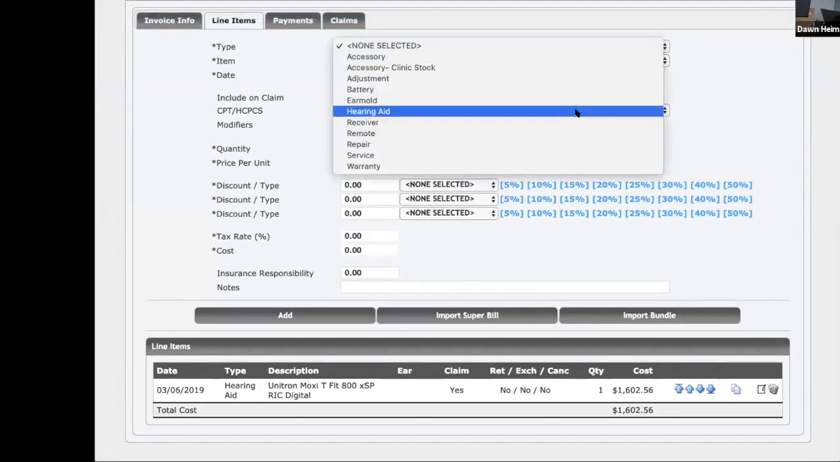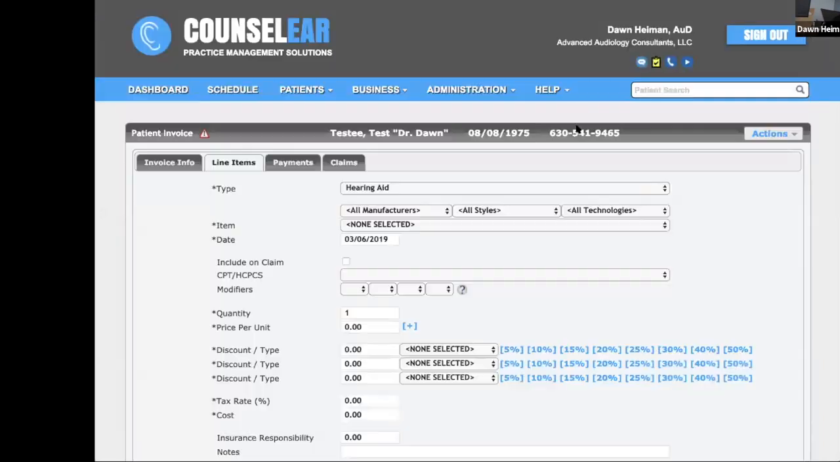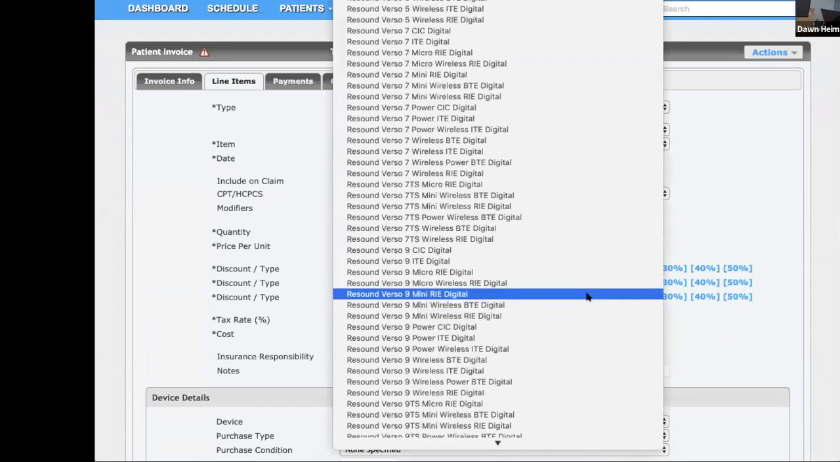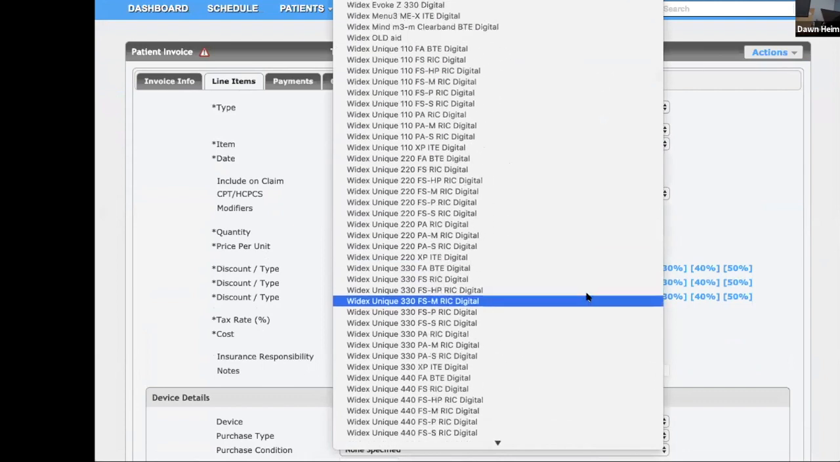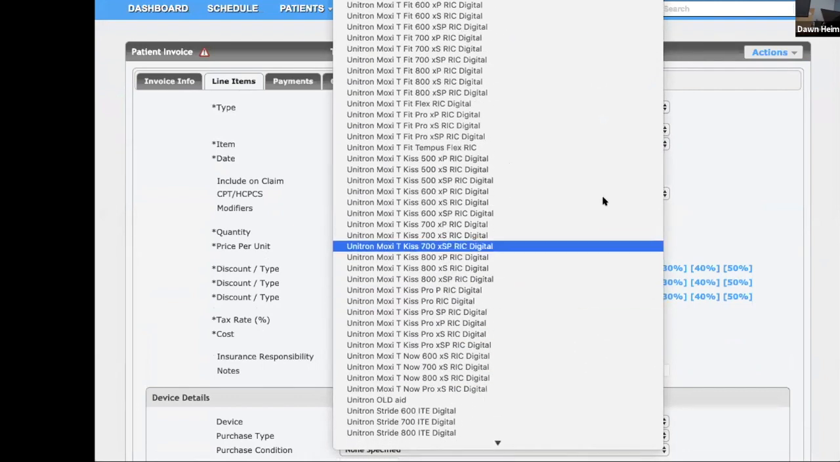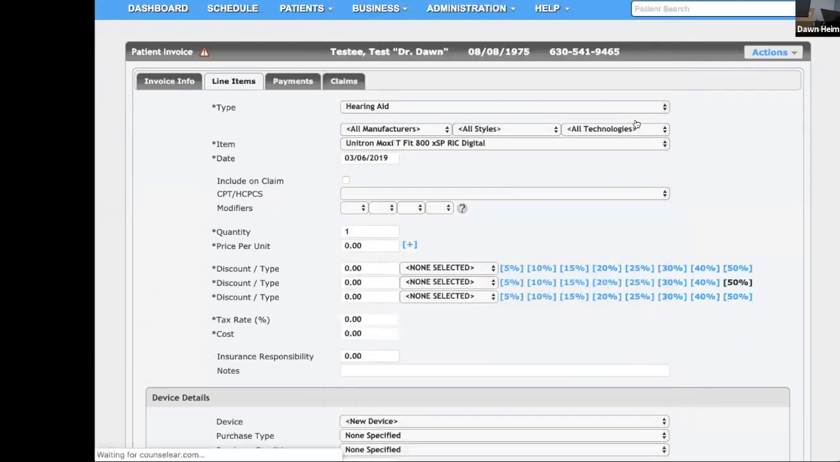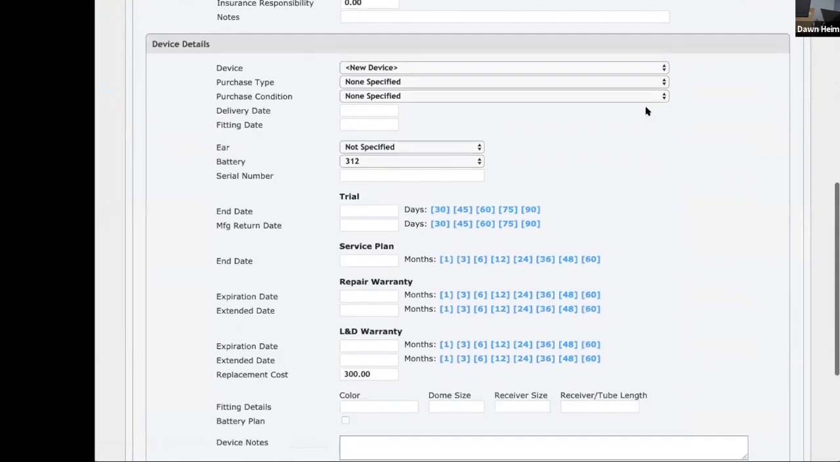I'm going to, on purpose, screw this up so I can show you guys how to fix some stuff so your purchase agreement works, okay? So let's do, what did we say? Unitron, Moxie, Fit, Superpower, 800, right? Okay, I'm gonna say,